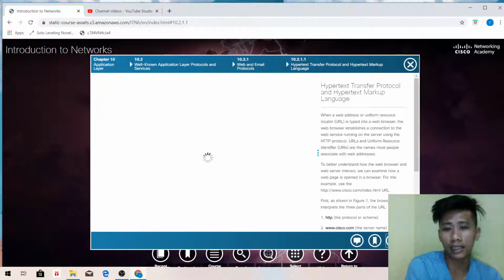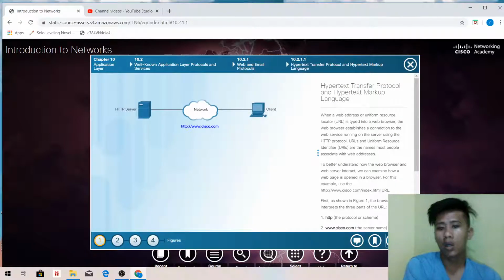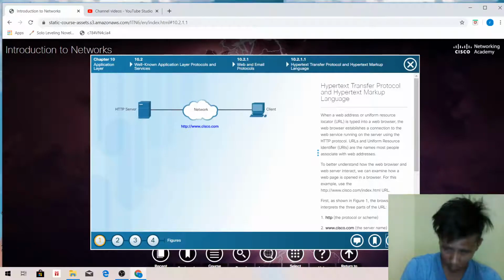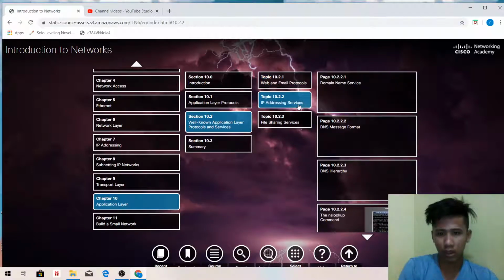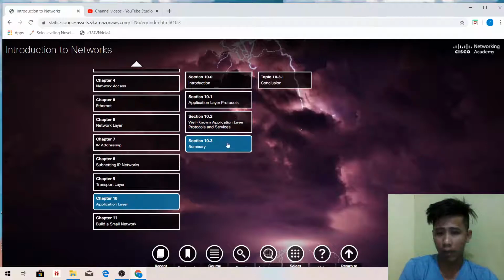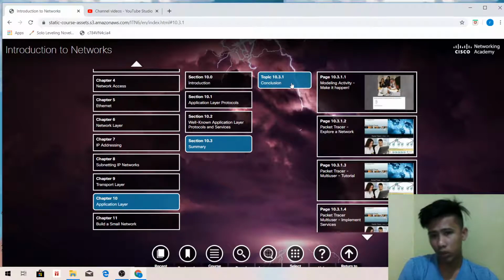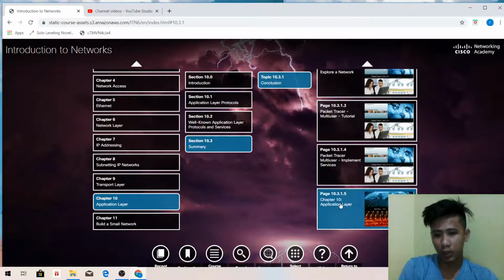The Hypertext Transfer Protocol and Hypertext Markup Language. When a web address or uniform resource locator, the URL, is typed into a web browser, the web browser establishes a connection to the service running on the server using the HTTP protocol. And there is a lot more. Then the summary or conclusion of this chapter 10 is